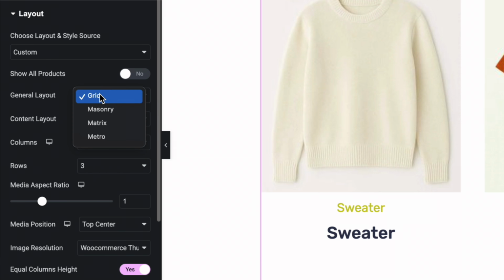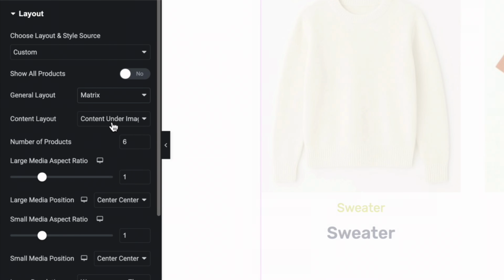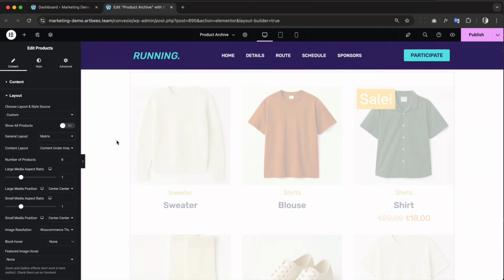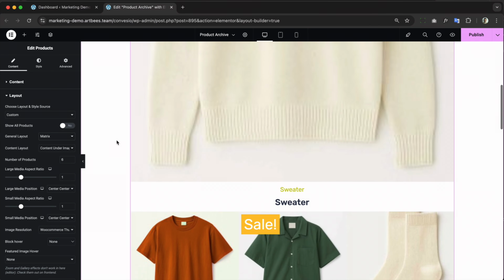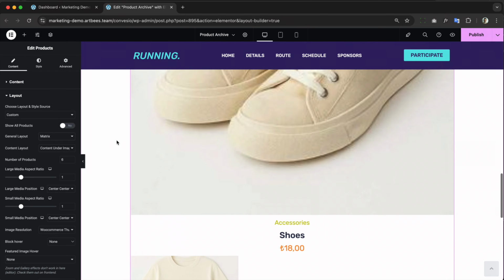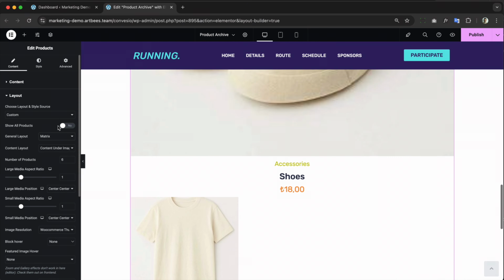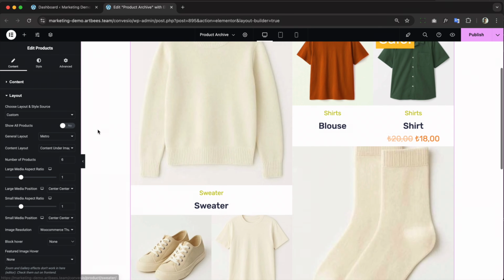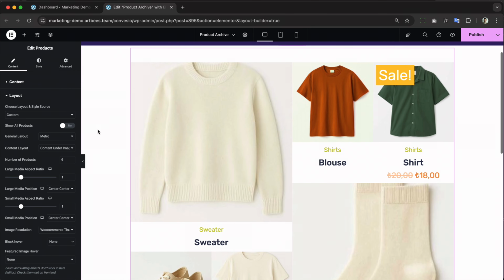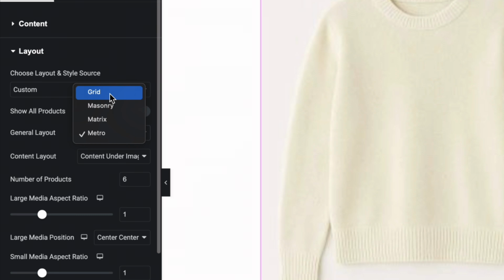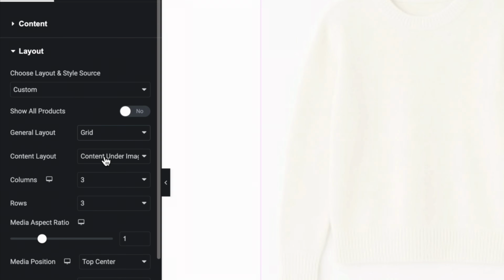For example, all these cool layouts. Right now it is grid. You can change it to masonry or matrix. Let's have a look at the matrix, for example. You see it gives you this cool, unique layout to your products, or the metro layout, which is this creative and fun to explore list of products. I'm going to stick to the grid for now.